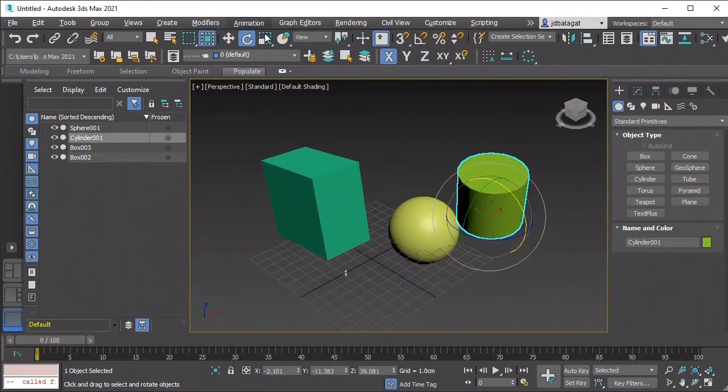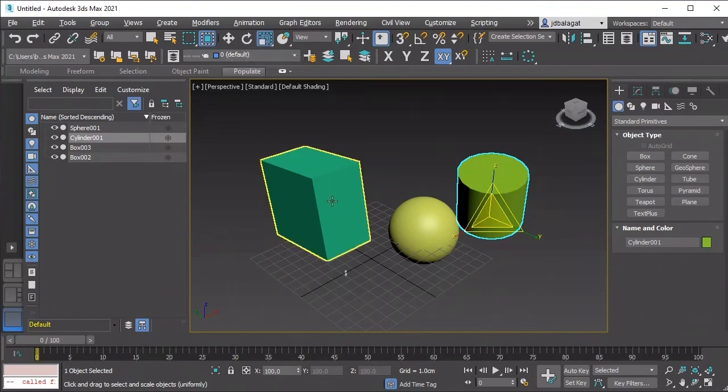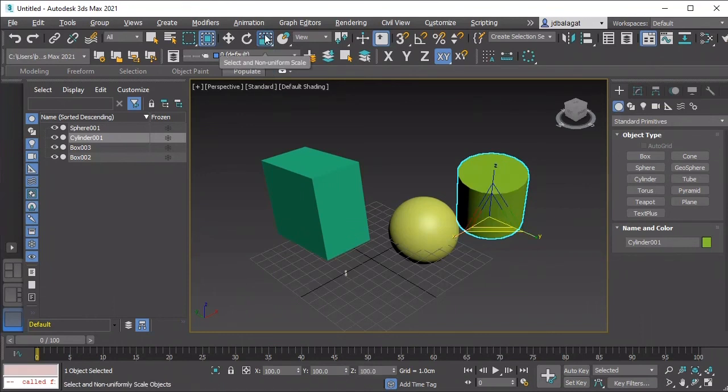Okay, next is transform scale. If you choose the scale, you can select and uniform scale, select and non-uniform scale, and then this one, the select and squash. So first, let's choose